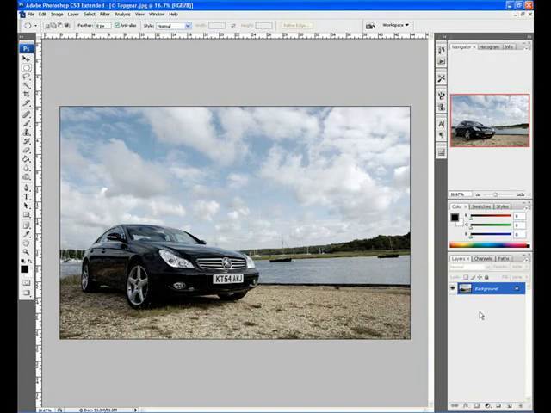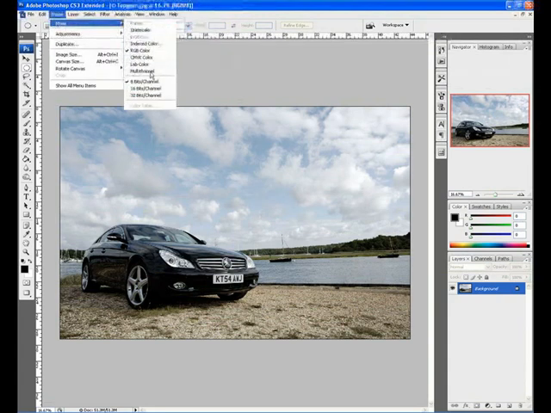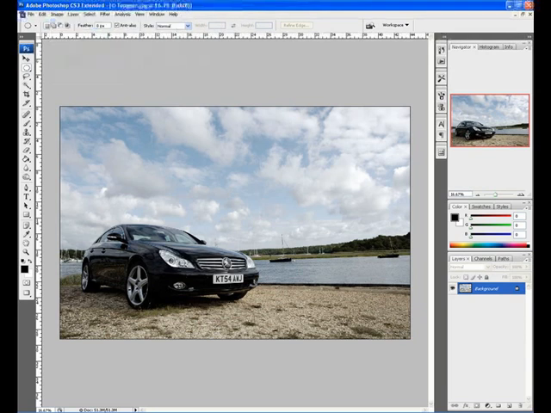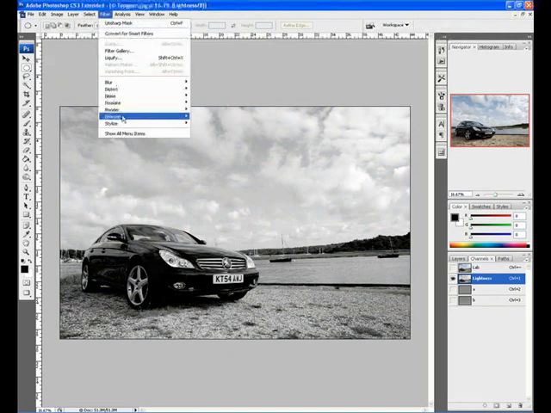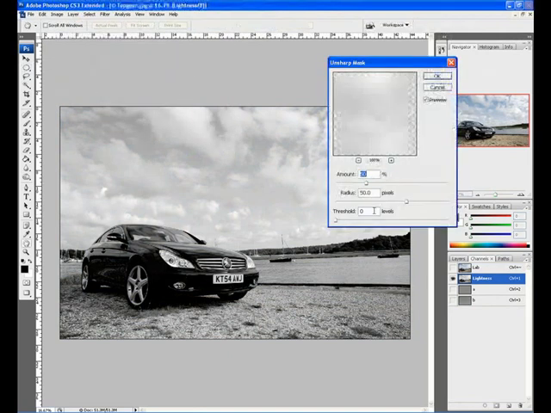And now we're going to convert into Lab mode just to quickly do a little bit of sharpening to the picture. So we do this by going to Image, Mode, Show All Options, select Lab Color, and that will convert over to the Lab Color workspace. Now we have to click on Channels and we select our Lightness channel. You'll see the picture go to black and white, and now Filter, Sharpen, and we're going to use Unsharp Mask